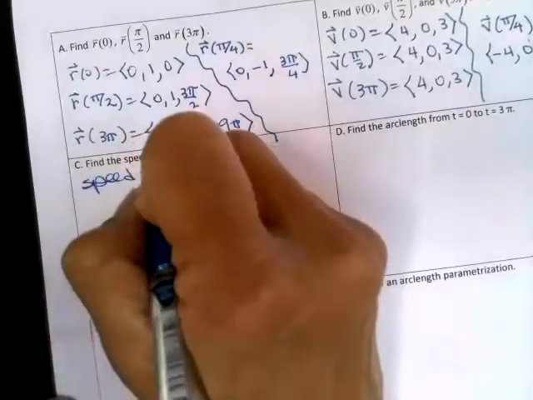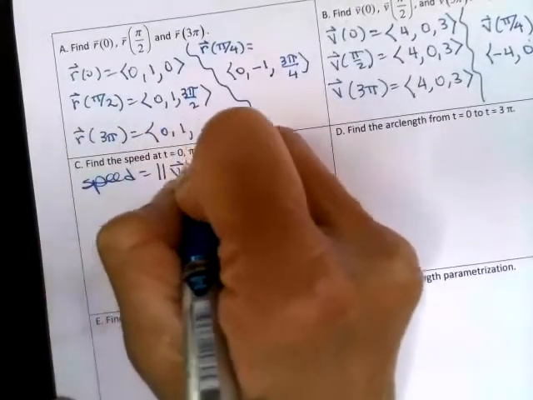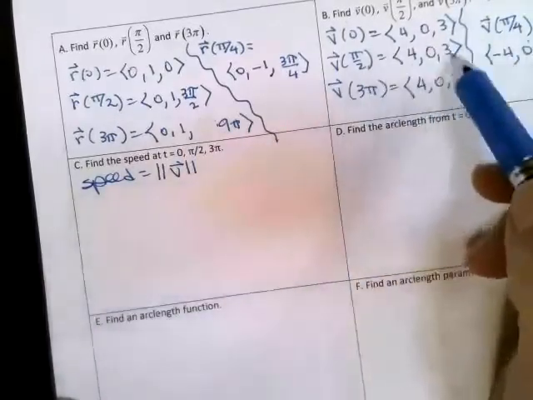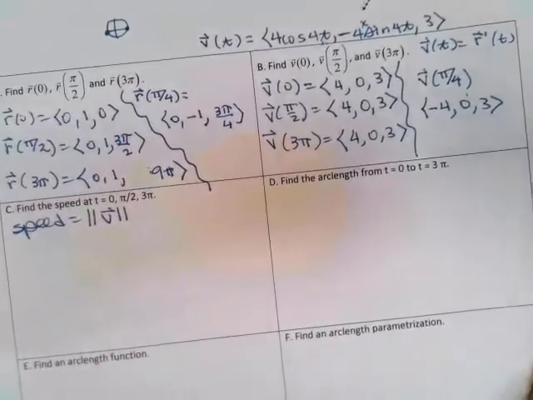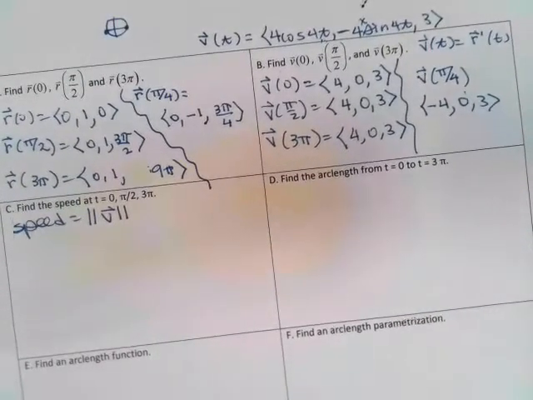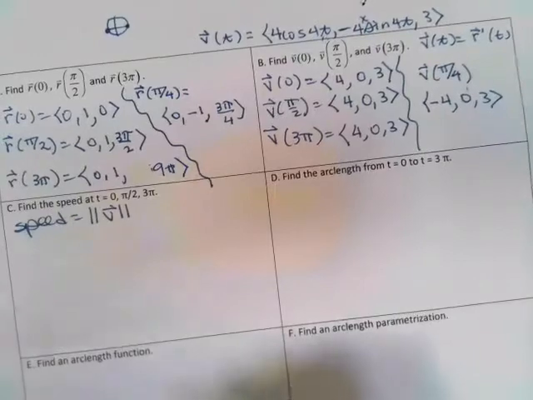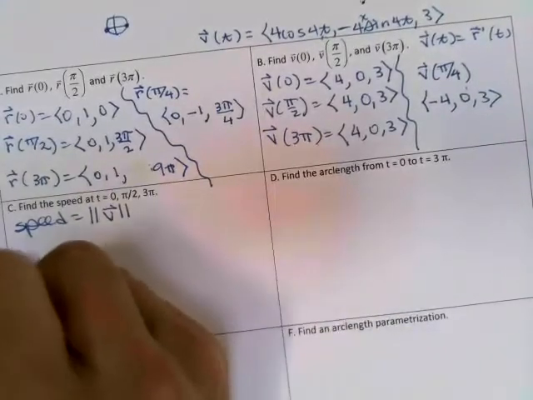Now, if we want to find the speed, speed is just the magnitude of velocity. So you notice our velocity is a vector. That means it has a magnitude and a direction. If somebody asks you for the speed, you just want to know how fast. I don't care what direction you're going. Just tell me how fast you're going. So the speed at